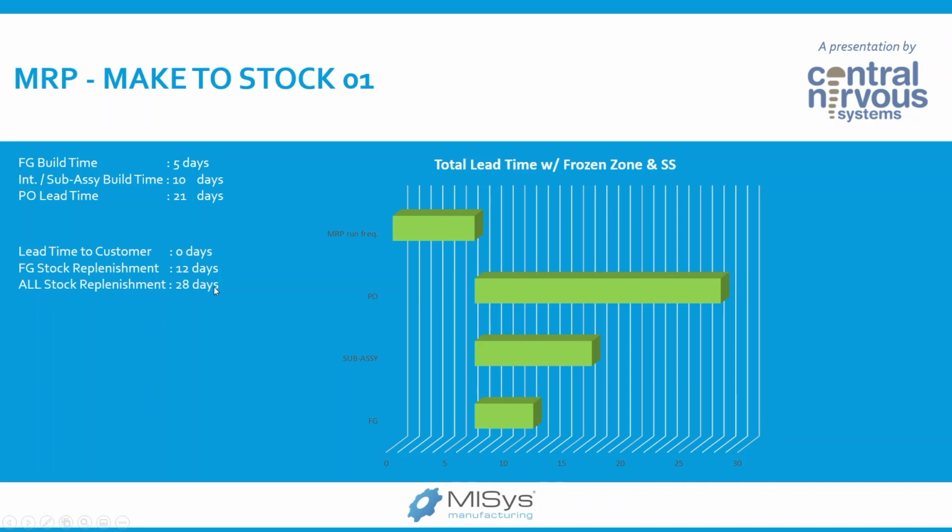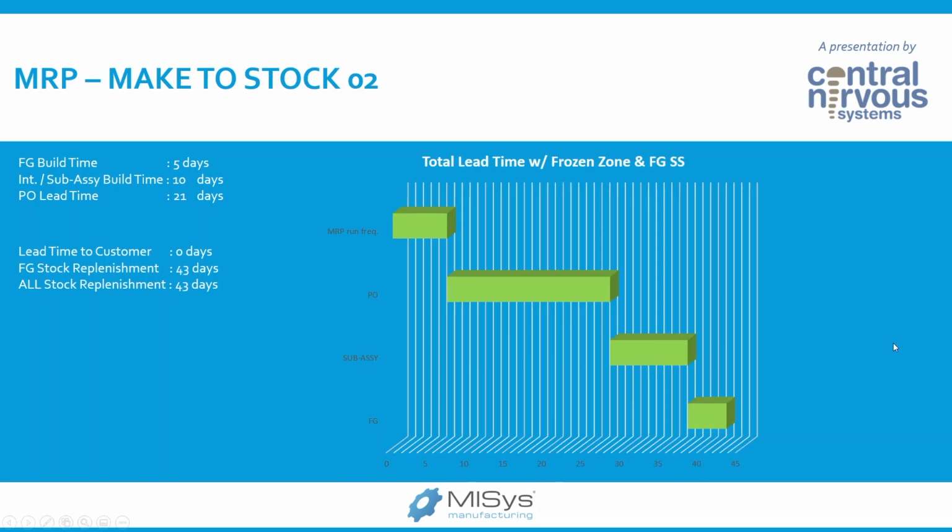For all the stocks to be replenished, I need to look at that 7-day worst case scenario plus add the longest of these three: finished goods, subassembly, or purchase order. In this case, purchase order is 21 days. So 21 days plus the 7-day worst case scenario adds up to 28 days. I ship my order on the same day, and within 28 days, I was able to replenish